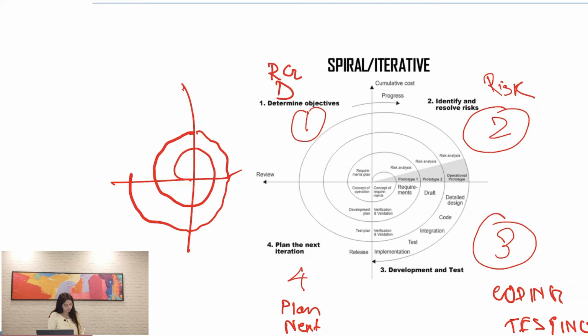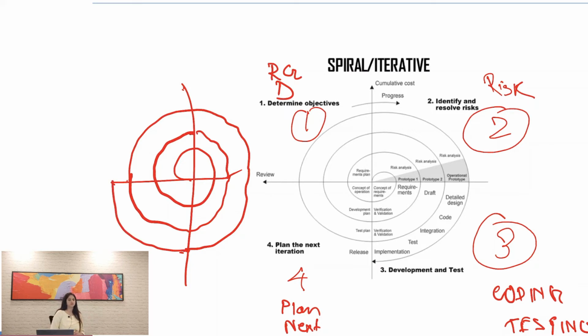Now you talk about the electrical fittings in the house, then again risk analysis, then implementation, and then testing, demo, and then feedback, and then your house is ready after 3 or 4 spirals. So what is happening? You are actually breaking down your requirements into chunks and you are submitting your requirements in each spiral. So the first spiral you began with the